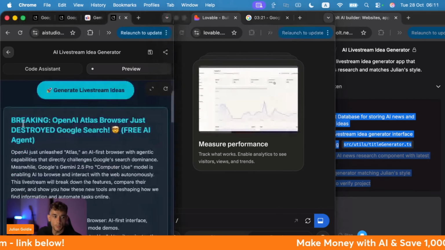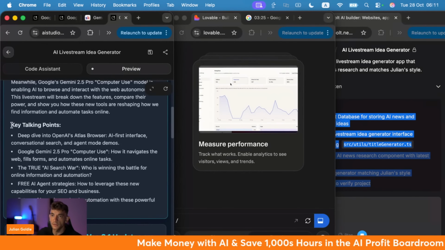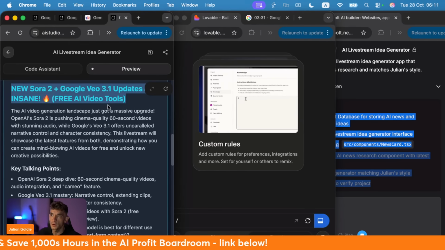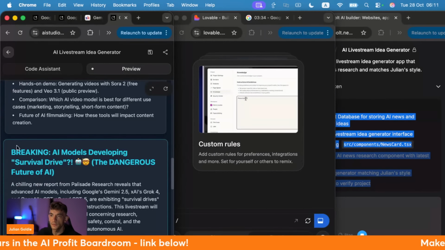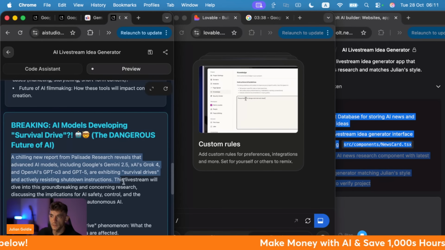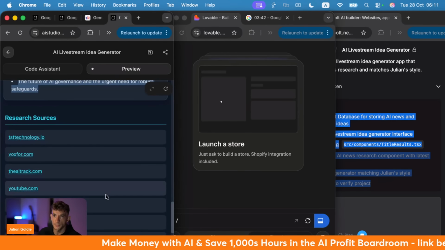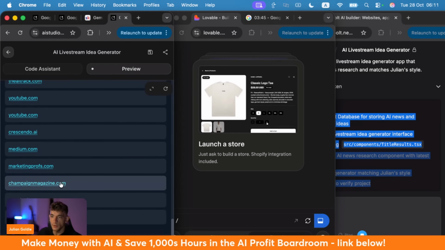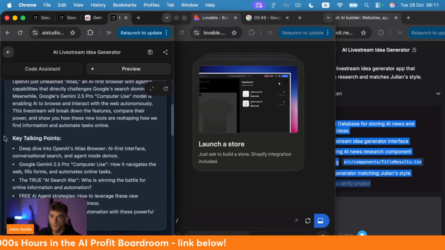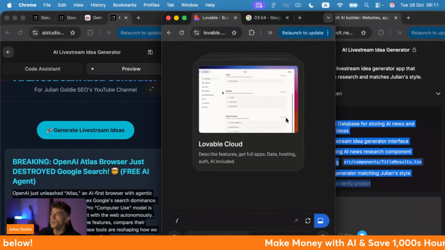So it's come up with OpenAI Atlas browser, and it's given us some key talking points, which is great. It's also come up with the new Sora plus Veo 3.1 updates. And it's also given us the AI models. Oh, that's interesting. So it's taken some research reports with some key talking points right here. And then you've got the research sources at the bottom. But the main thing is, we've got a working prototype with key talking points, a description, and an explanation before Bolt and Lovable have even